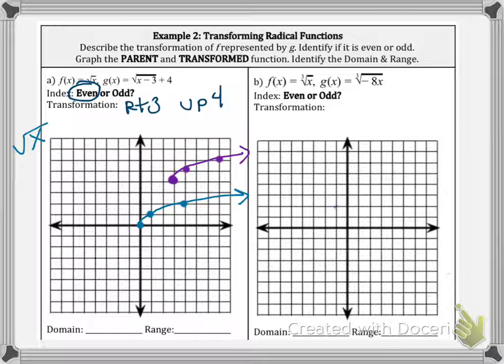Domain. The lowest x value that we have here is 3. So our domain is x is greater than or equal to 3, and then range, the lowest y value we have is 3, so y is greater than or equal to 3. Now, let's do letter B. So this is an odd index, and this is transformed,